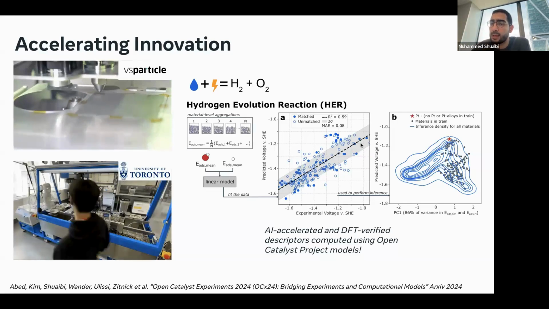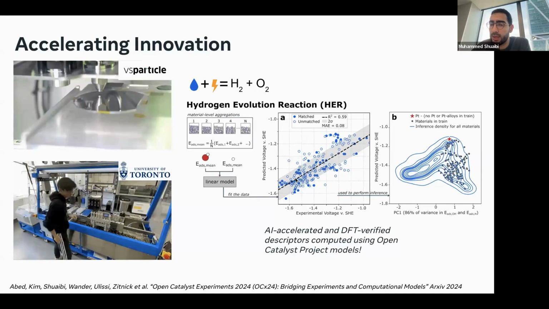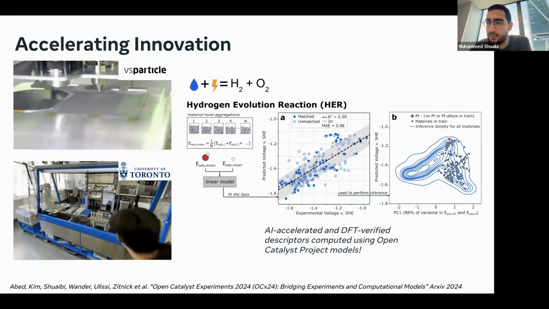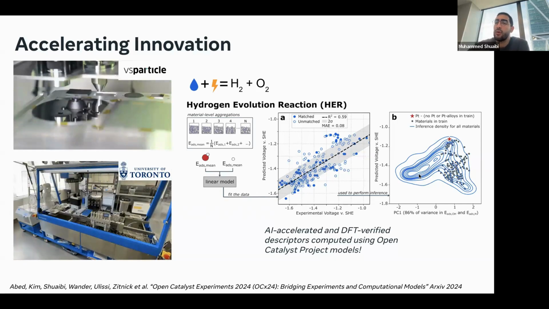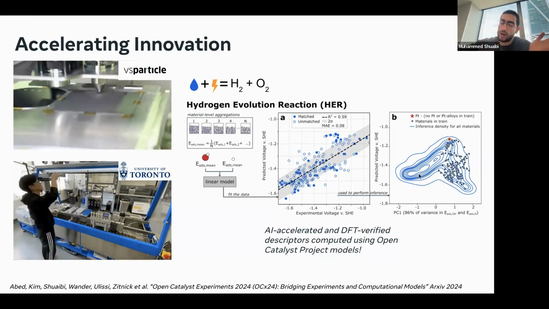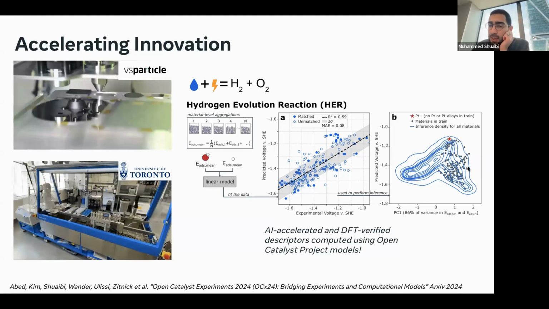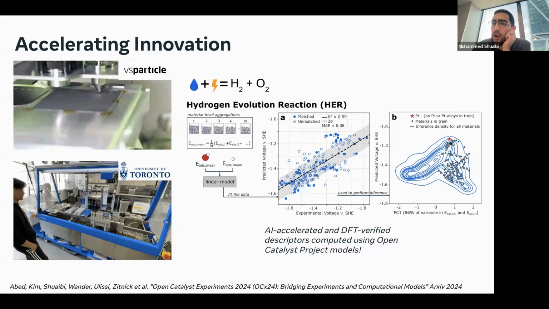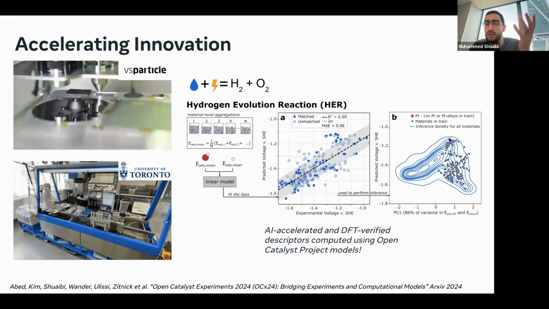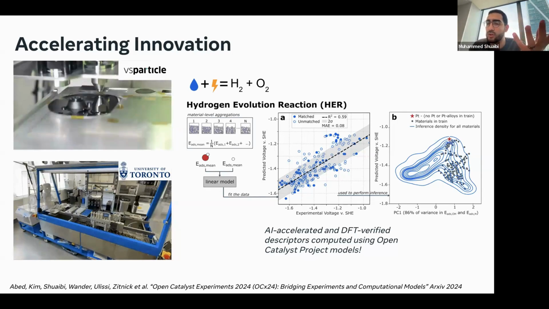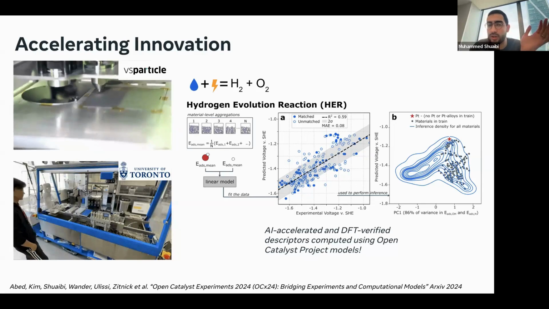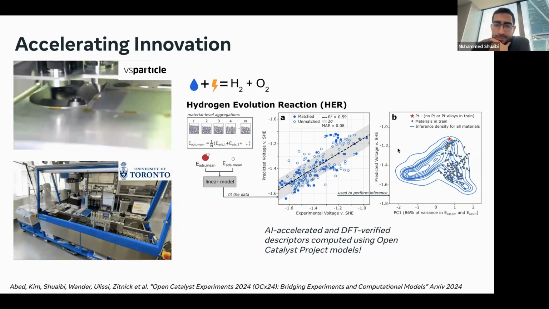We want to say something here is better than something here, as opposed to what is the exact value of this. And with this model, we can use it to run a larger inference campaign and study materials. And the unique thing here is we're able to reproduce materials in the literature that are known to be great for this chemistry just through AI tools that are orders of magnitude faster.